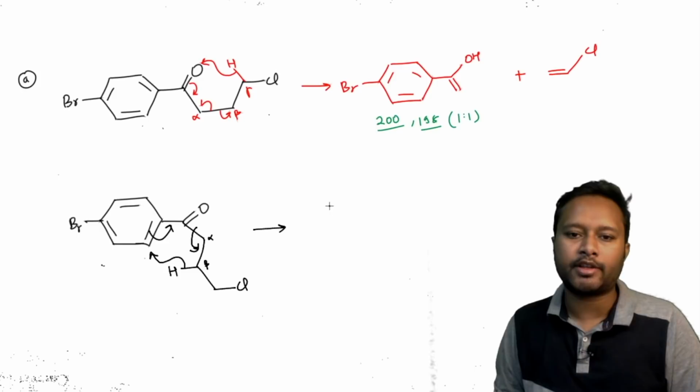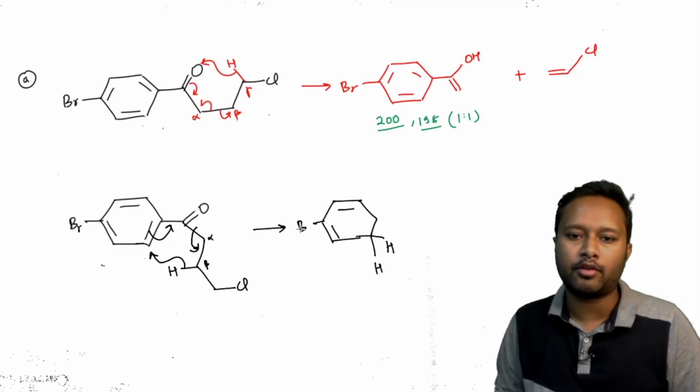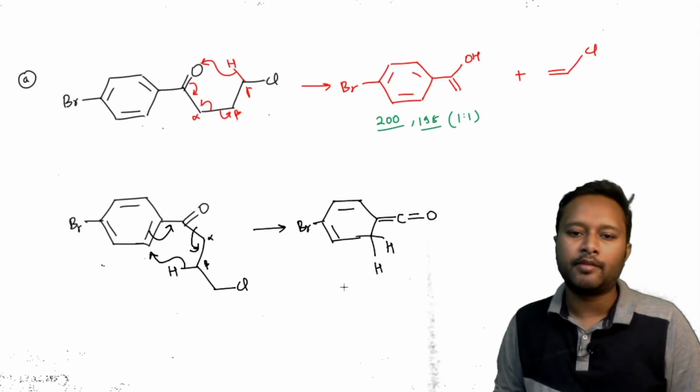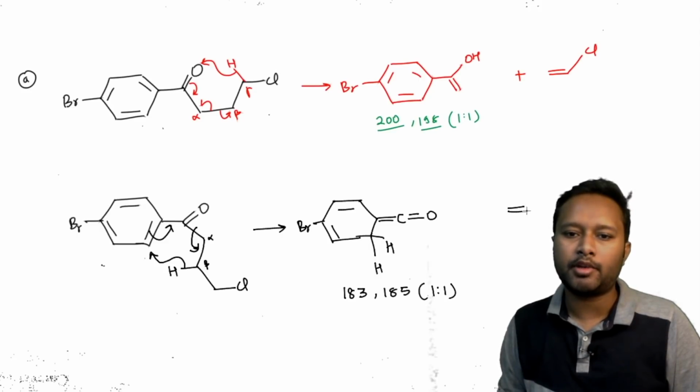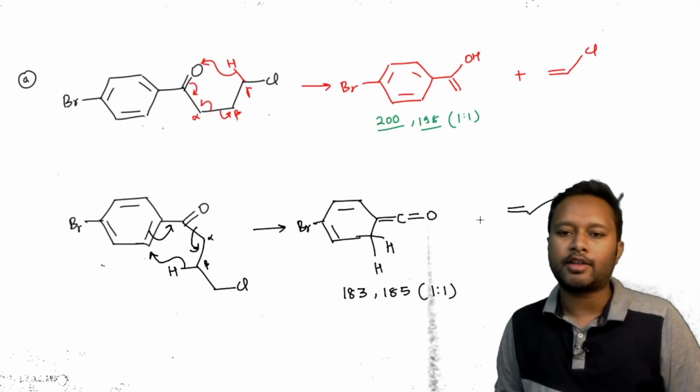So what fragment you are going to expect in this case is something like this. The benzene ring will be here. Along with that, now this particular benzene ring has got reduced, so you have got 2 hydrogen here, you have got bromine here, and with it here you will be having double bond carbon and double bond O. Now this particular fragment, if you calculate the mass of it, you will get it as 183 and 185. Again, since bromine is here, you will get 1:1 ratio of this. The second part of this again is going to be like double bond, and then you have 1 carbon, and then you have chlorine attached to that. So 1 2 3 carbon, 1 2 3 carbon, and then chlorine, right? So that's what happens in this case.